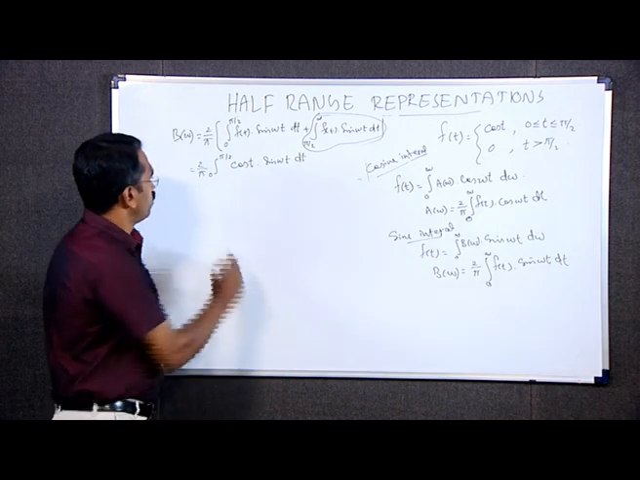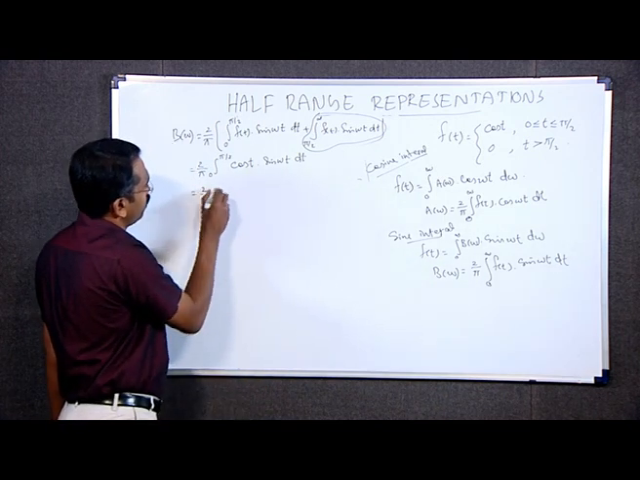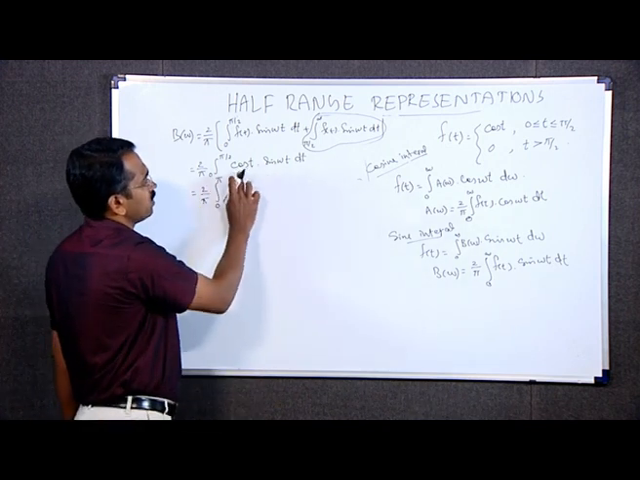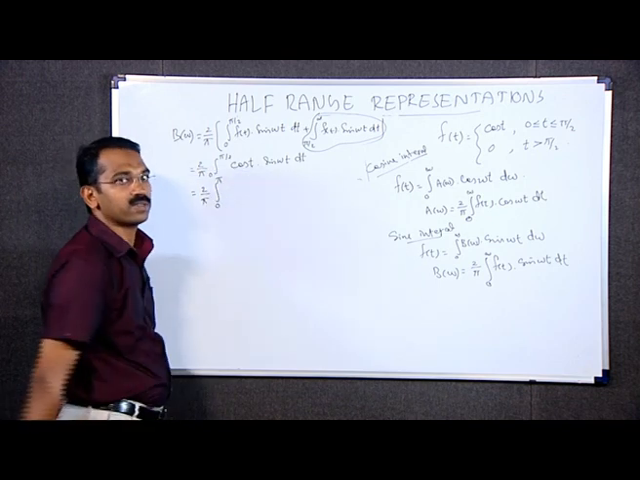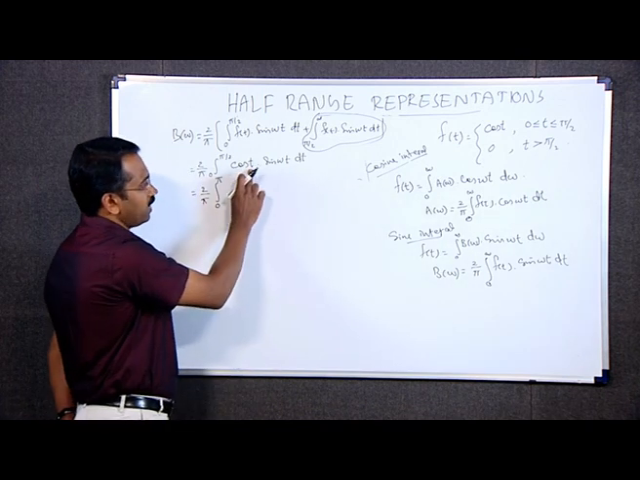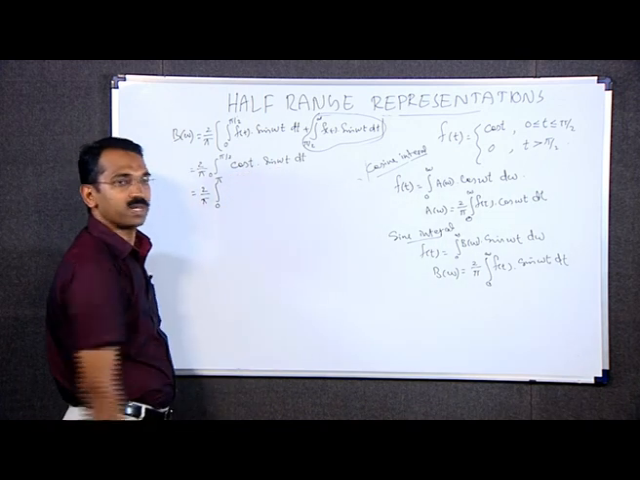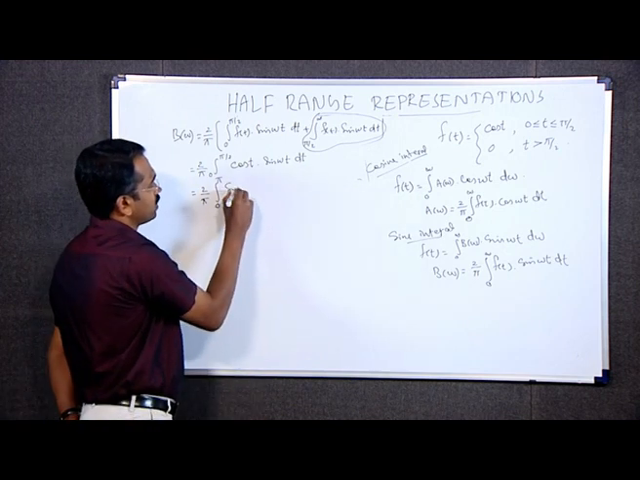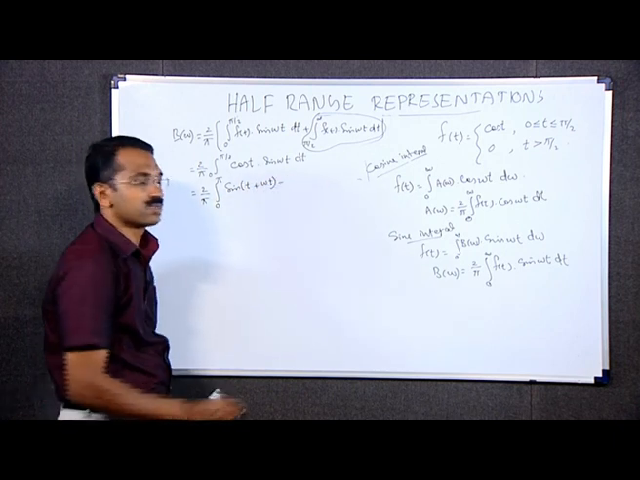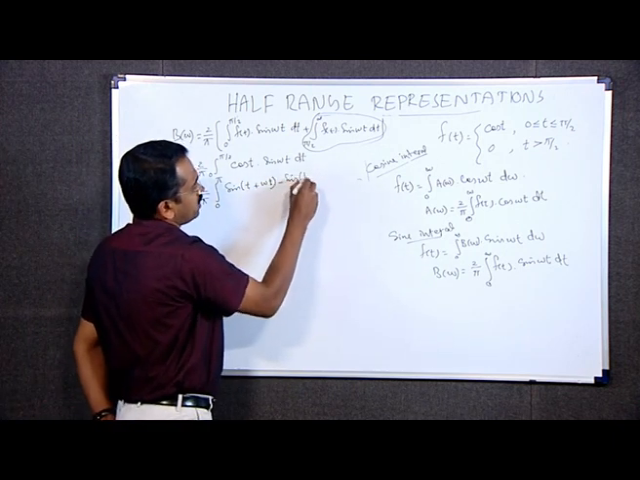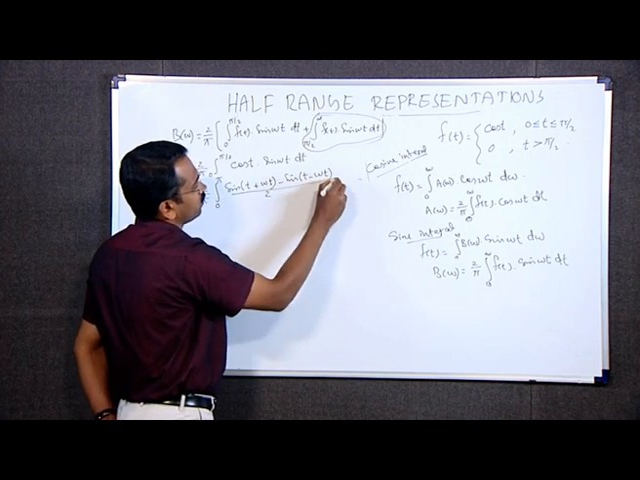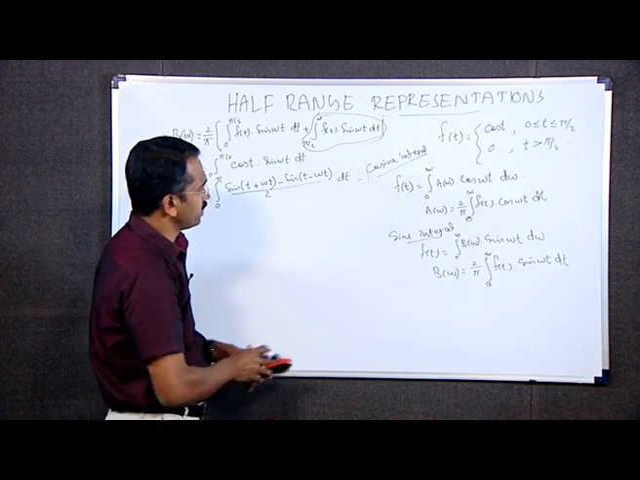Which is equal to 2 by pi into the integral from 0 to pi by 2. Here we can write this in the form 2 cos A sin B, which is sin(A plus B) minus sin(A minus B). Therefore, we can write [sin(t plus omega t) minus sin(t minus omega t)] all divided by 2 dt,